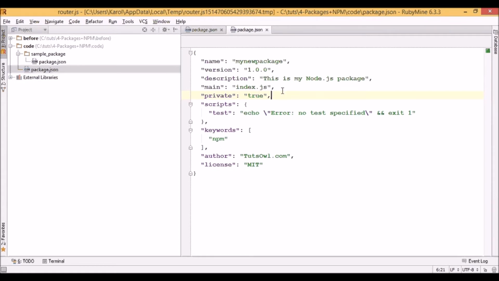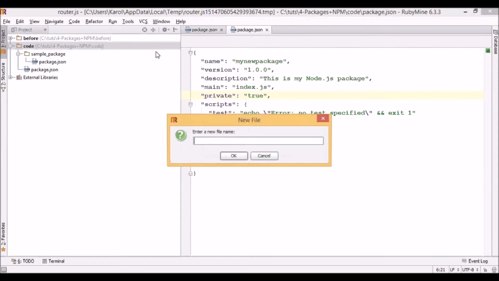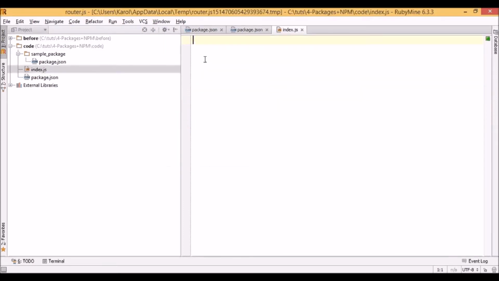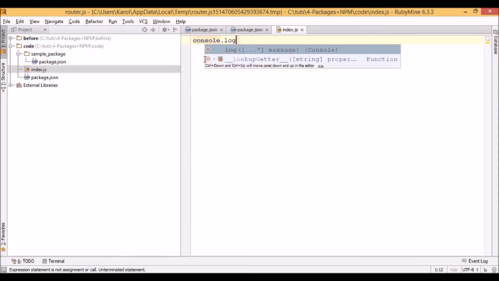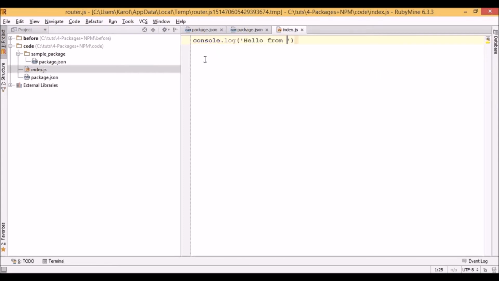The next step to create our package will be creating an entry point script. We specified that the script will be called index.js. So let's create it. And I will just display some information on the screen: Hello from my module. Once we save that,